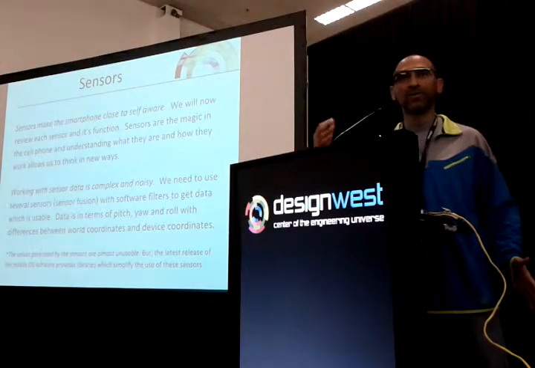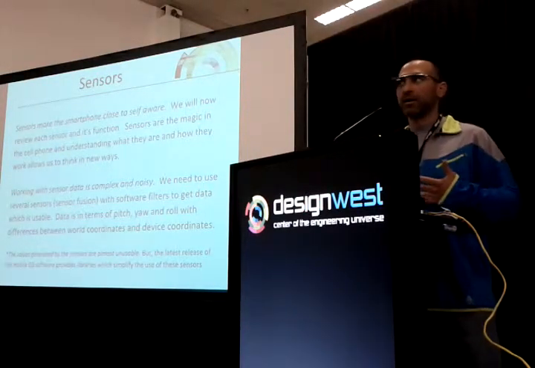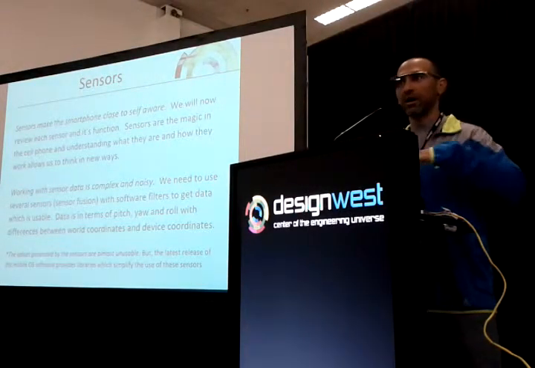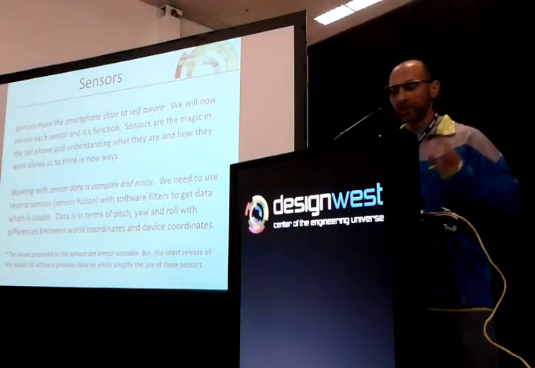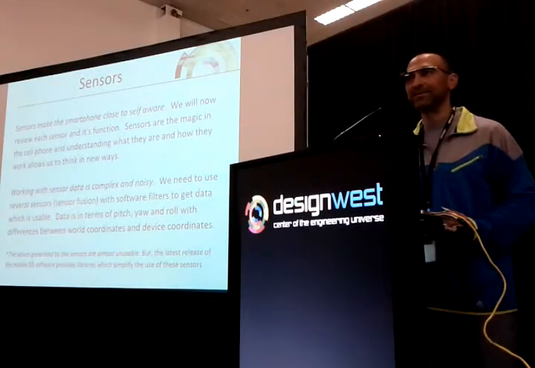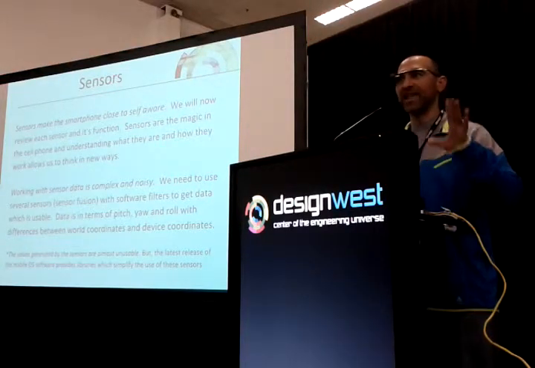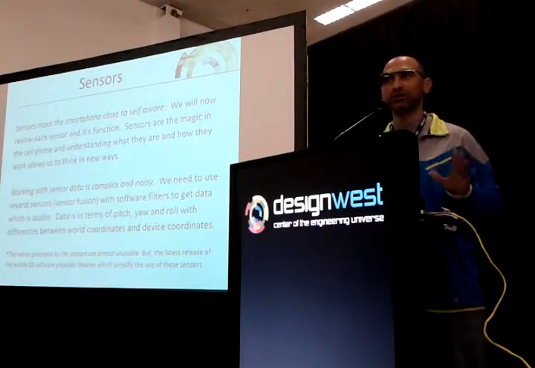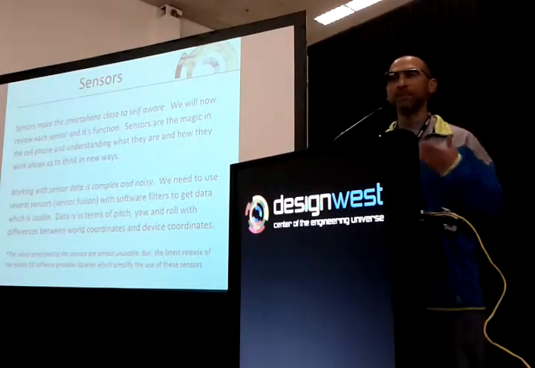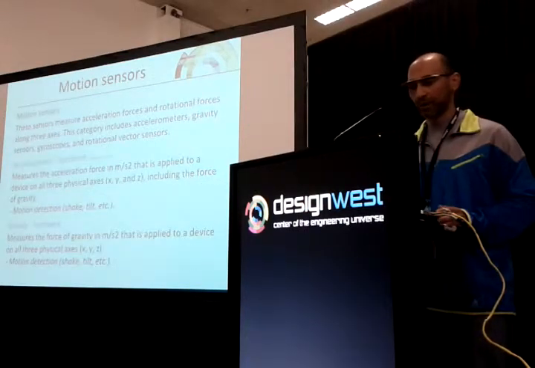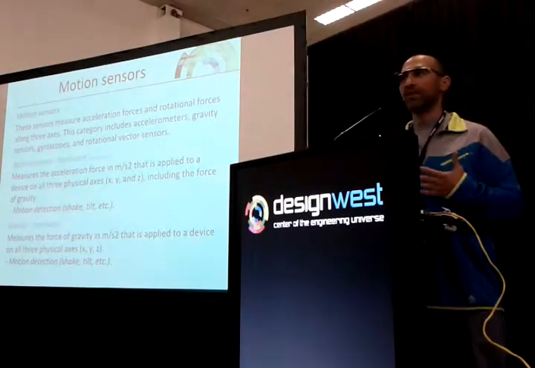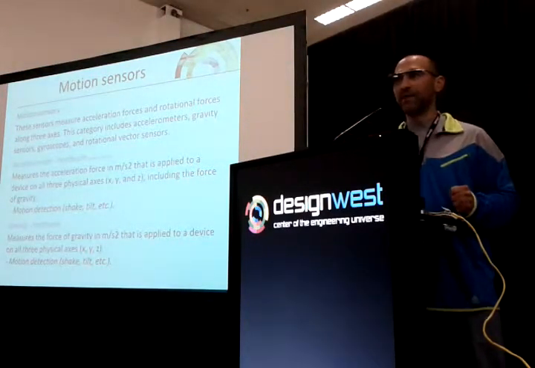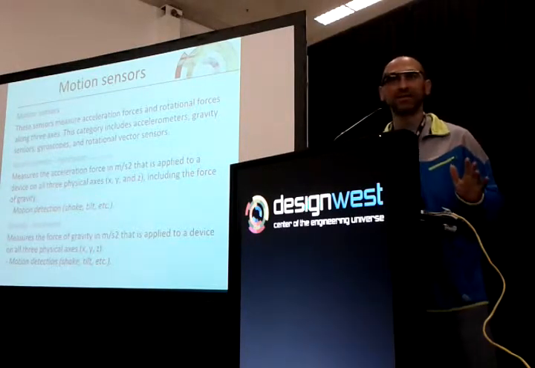So when you're doing your mobile development, when you start talking to the accelerometer or the gyroscope, you get unusable data out of them. But the new operating systems have these software sensors, and they have very complex, well-understood algorithms, but still extremely complex algorithms, that make these sensors usable. There are various types of sensors. The first ones I'm going to talk about are the motion sensors. Unless the phone's moving, you get zero out of these.